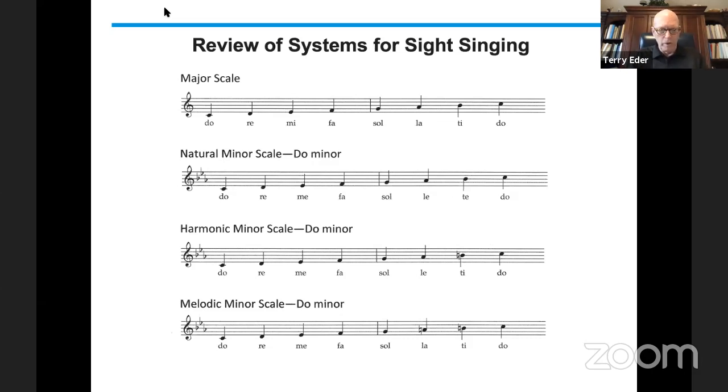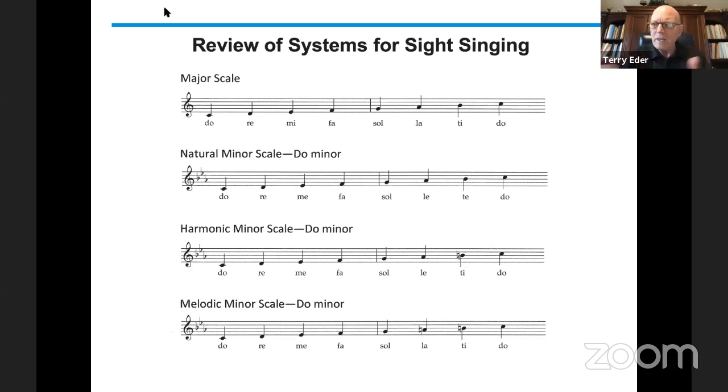So now it would go do, re, mi, fa, sol, la, ti, do, te, le, sol, fa, mi, re, do. So that the composer would always make sure, yes, we're in minor, but we're going to use that